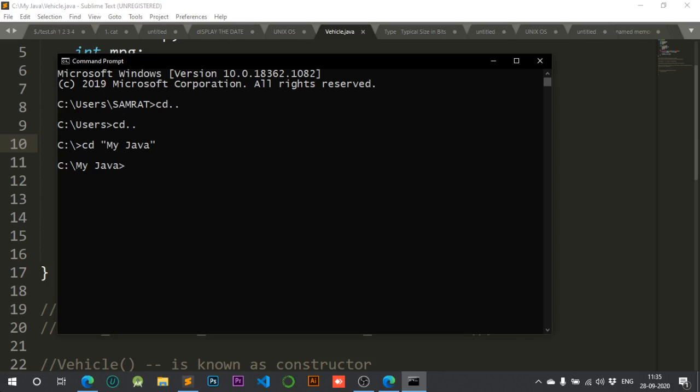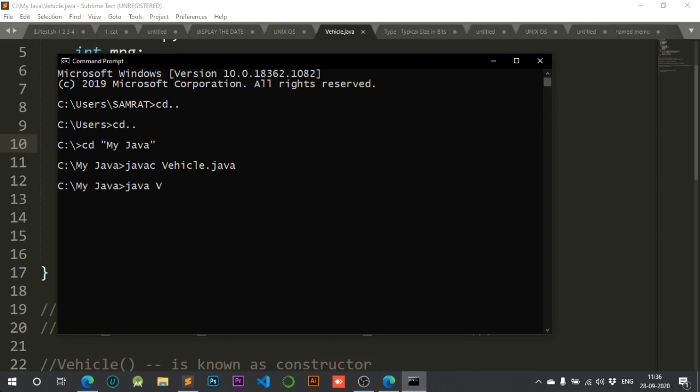Now we are under my Java folder. Here you first have to compile your Java program with javac, then a space, and then the program name, which is vehicle.java. So I have compiled my program, and right now I am going to run it.